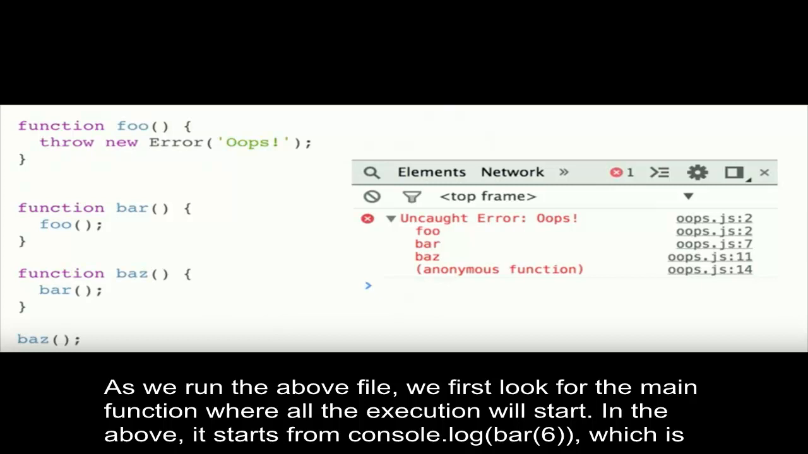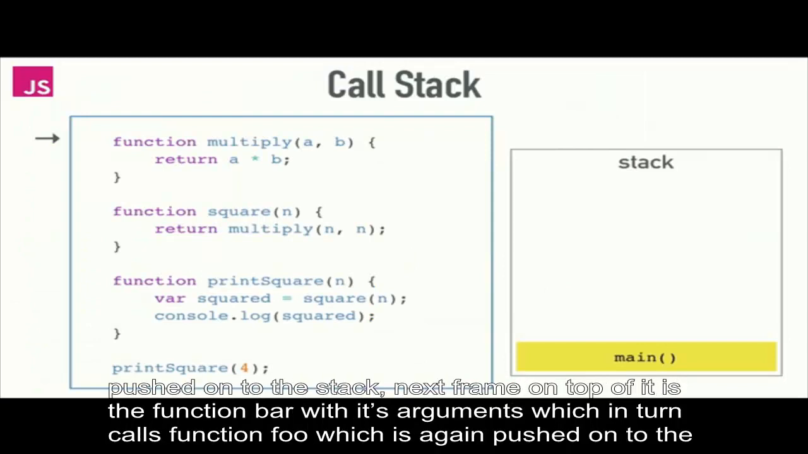As we run the above file, we first look for the main function where all the execution will start. In the above, it starts from console.log(bar(6)), which is pushed onto the stack. The next frame on top of it is the function bar with its arguments, which in turn calls function foo, which